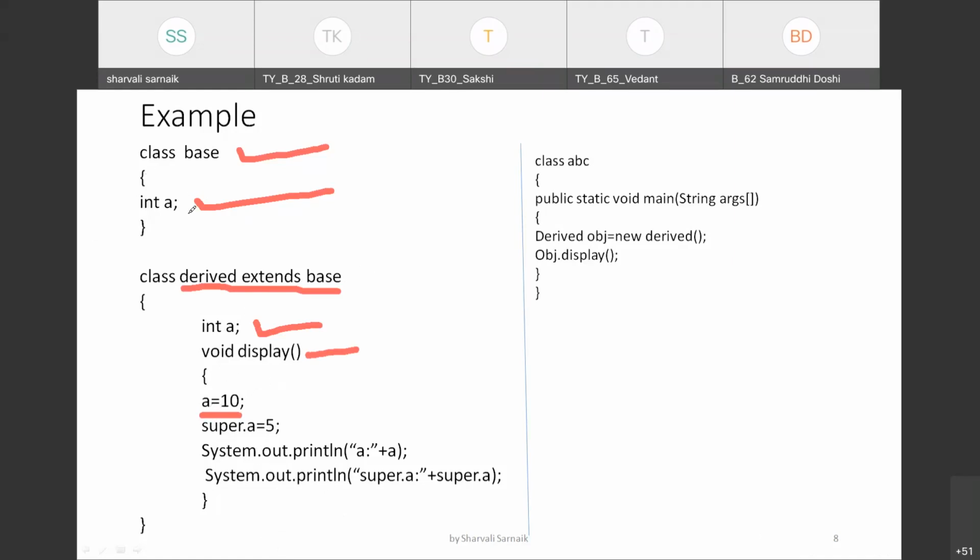Now I want to access the base class a also. So if I want to access the base class a, then with the help of the super keyword, I will write super.a = 5. And then I will print the value of super.a in the derived class only. And this a will be my current class data member. And then I will create an object and give a call to that display method. So the base class data member will be accessed with the help of super.a.